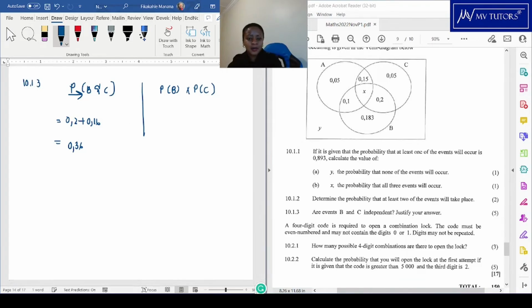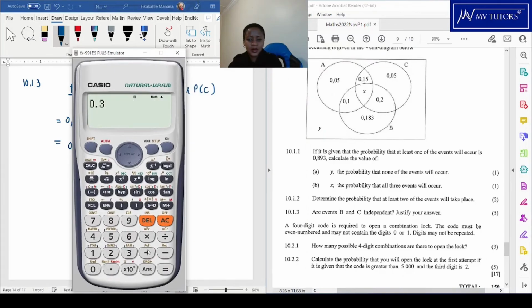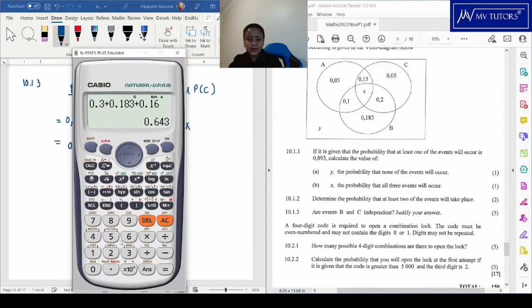So probability of B, that is basically everything inside. So if I were to take 0.1 plus 0.2, that's 0.3, plus 0.183 plus 0.16, I get 0.643. And I multiply by the probability of C. So the probability of C is everything inside C, which is 0.15 plus 0.05 plus 0.2 plus 0.16, and that is